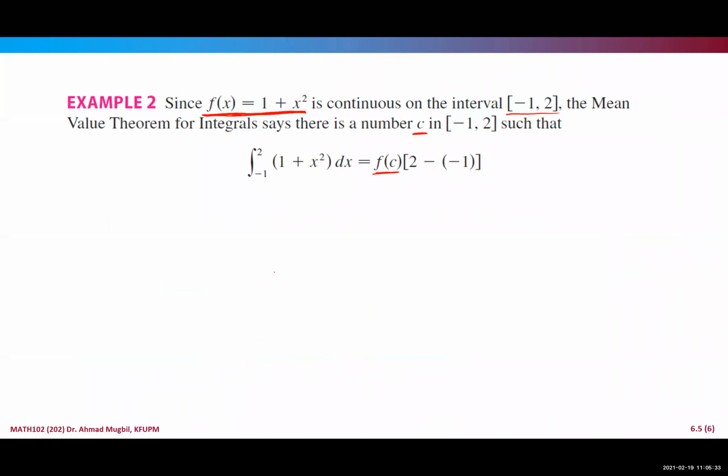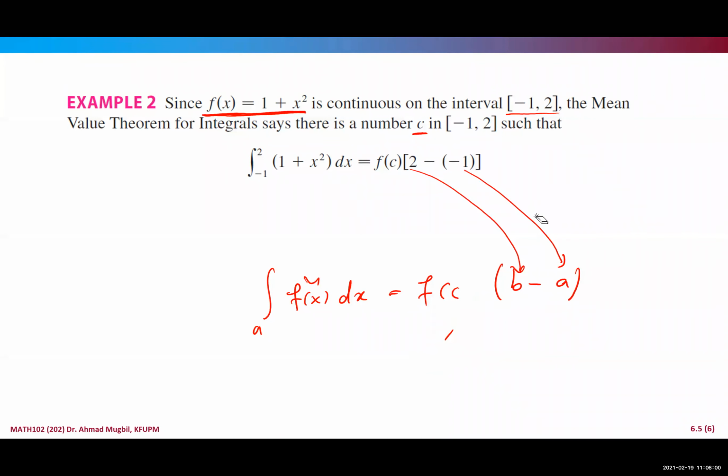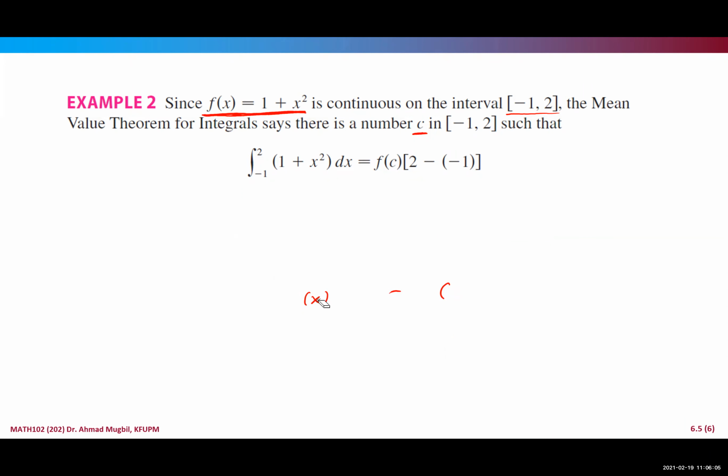Okay, so in this case, this is our integral. We have the integral of f of x from a to b dx equals f of c, where c is some number between a and b, times b minus a. Now in our case, this is a, this is b, and this is the function, and these are of course the limits of the integral. Now in some situations we can find exactly what c is, but not in general. I think in this example we are lucky, we can find c. Let's see what we can do about it.